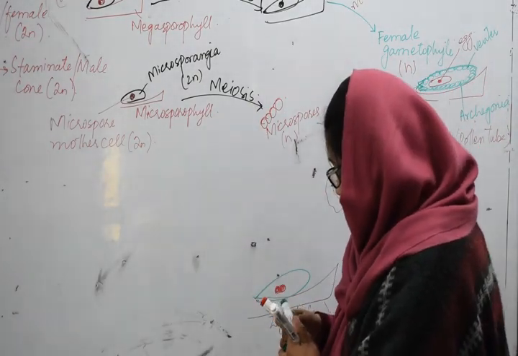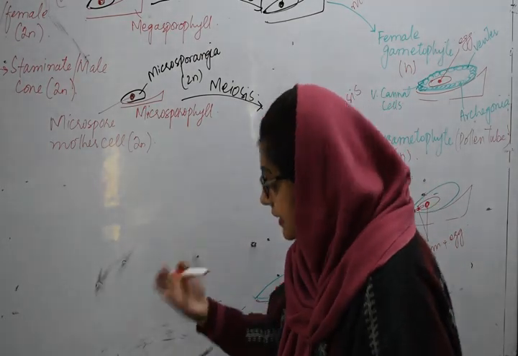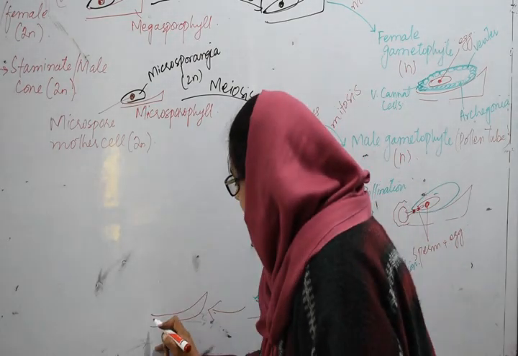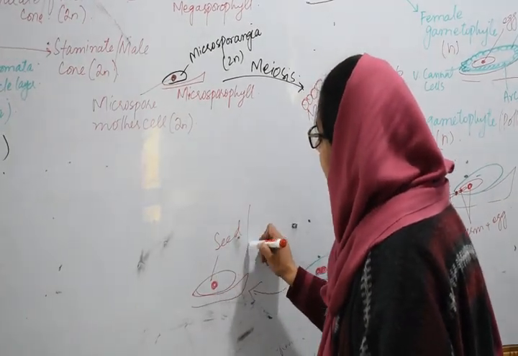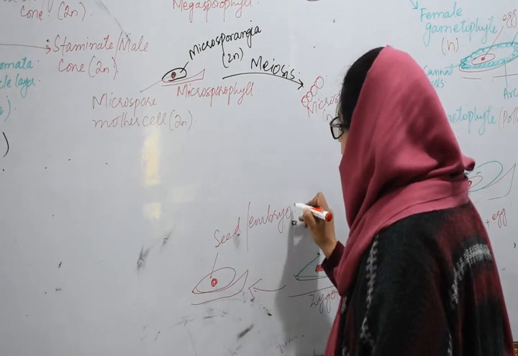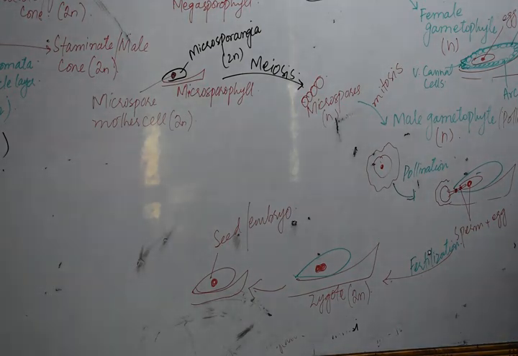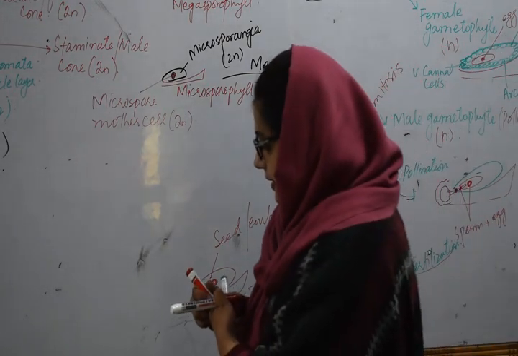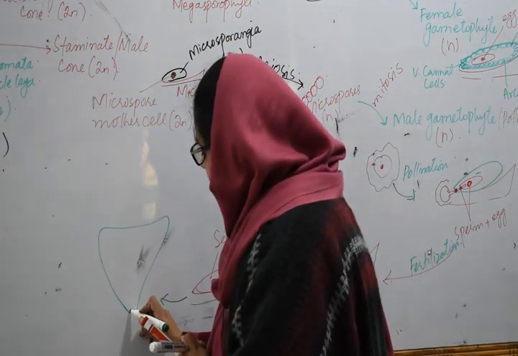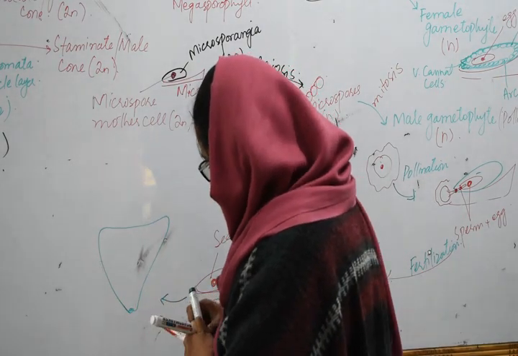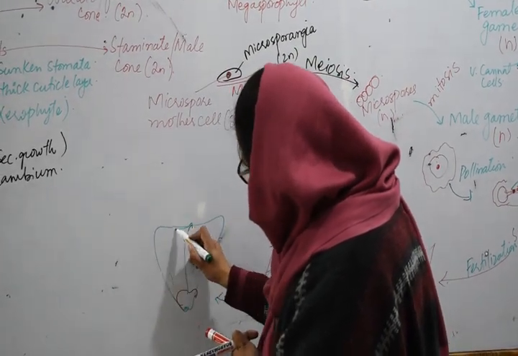Then this seed will develop, the cone will mature by the next year and it will develop into a seed. Now this is the seed or embryo. So polyembryony is a characteristic of the gymnosperms, but only one of the embryos will mature into the seed. Then this seed will develop layers around it, that is the seed coat. So beta, here is the embryo and the cotyledon. So cotyledons can be one or many.